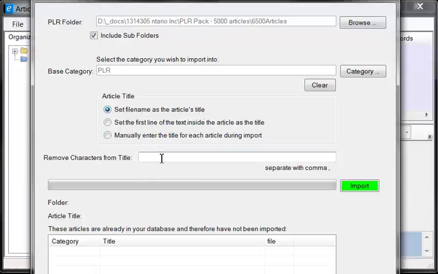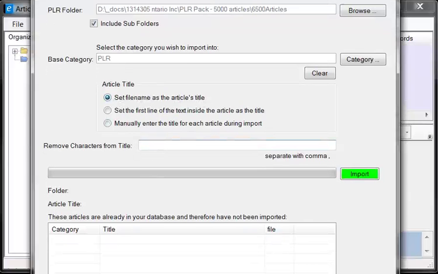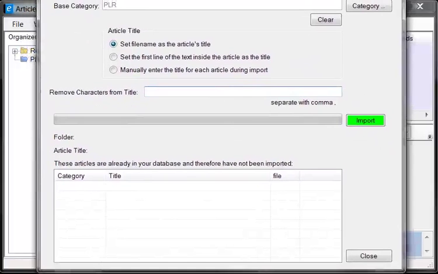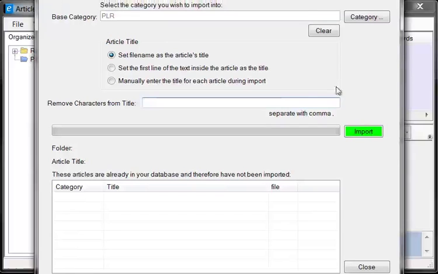Another thing I noticed in the text files is that there's a lot of garbage data within the article itself. So here you can automatically remove characters from the article. All you have to do is separate them by comma. Then all you need to do is click on import. So that's what I'm going to do. I'm going to click import,